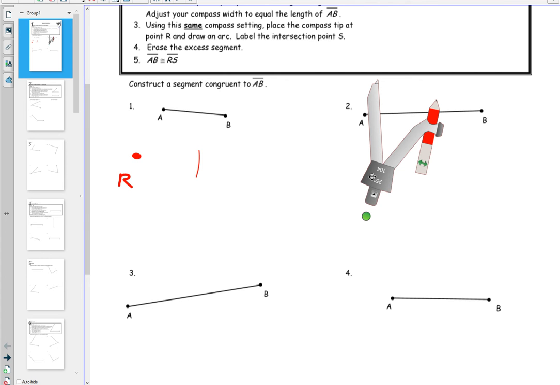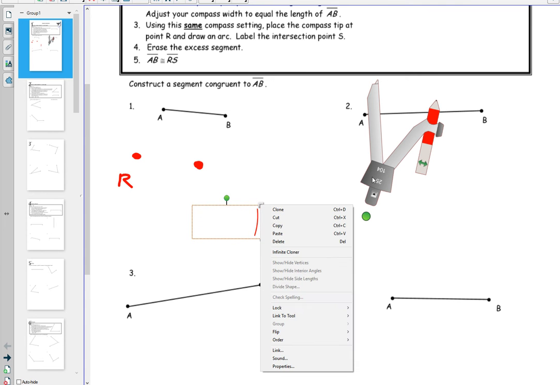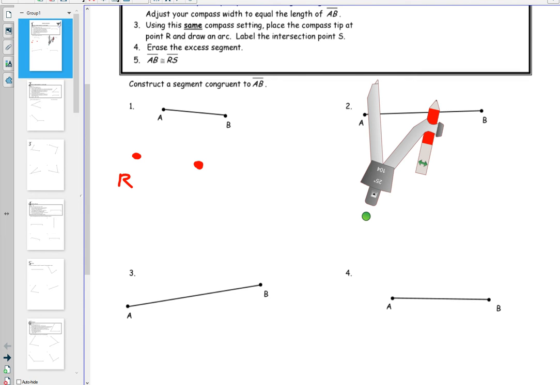Okay? And since a circle has points that are equidistant from the center, R acted as our center, I can now pick any point on this little arc that I drew, draw another point there, as long as it's on that arc. You would use your eraser, if you have one, to then erase the arc, and then use your straight edge to draw a straight line